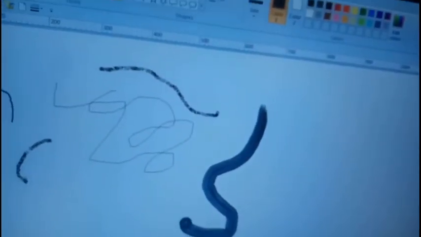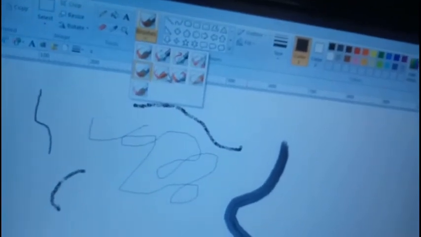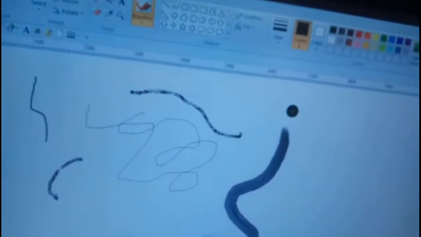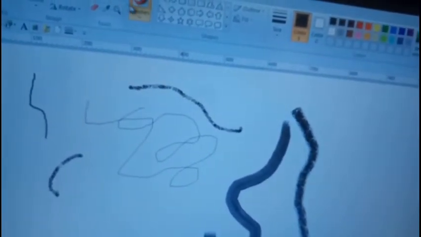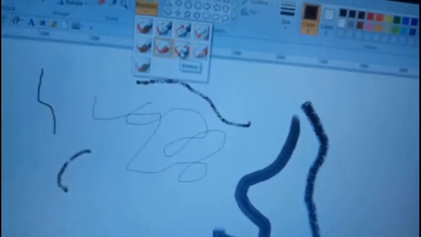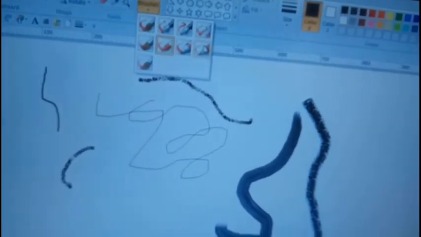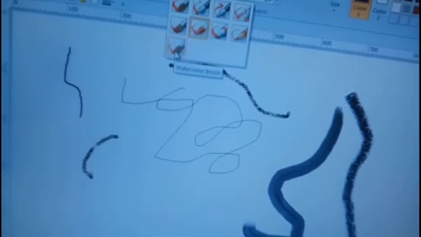Now that looks promising. That is the oil brush. This is the crayon. Not bad. This is the marker, and these are the calligraphy pencil too, and this is the watercolor brush.